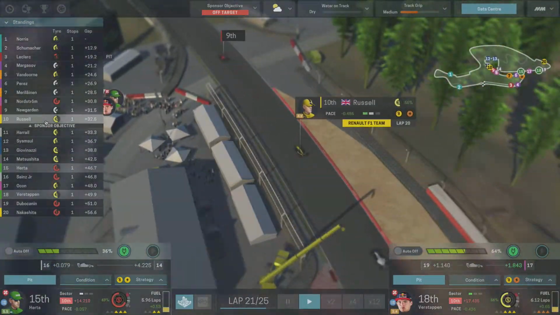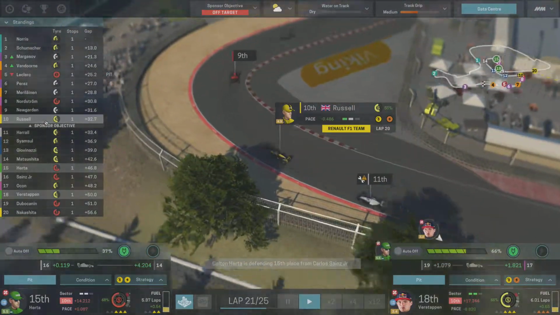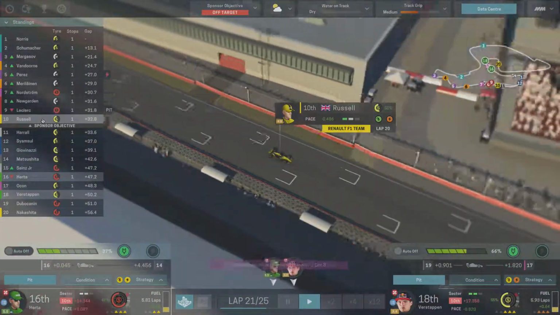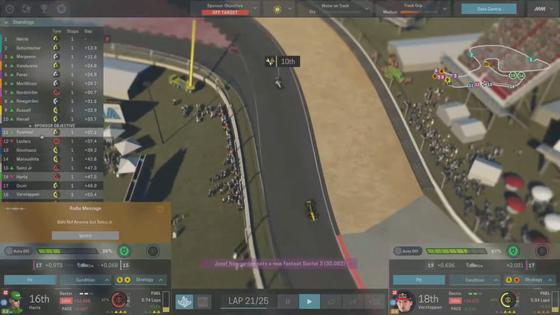Hopefully Russell has to stop, because having the Renault there, I think Renault is 9th in the points, or is Toro Rosso? I think it's Renault. So having George Russell in the points is bad for me. Leclerc is pitting,